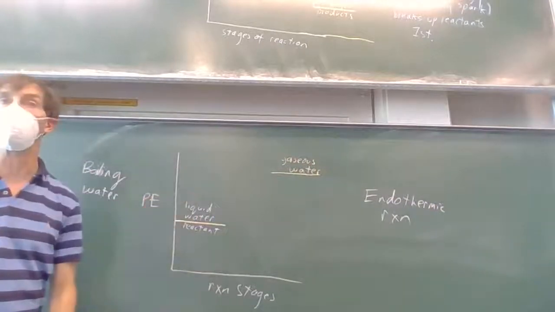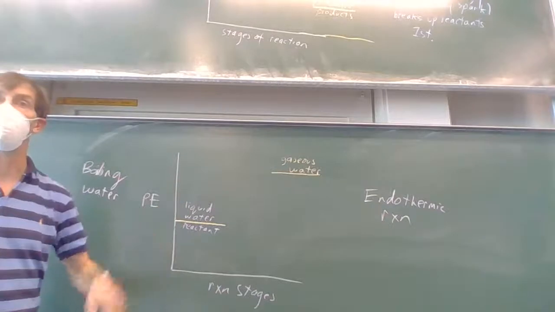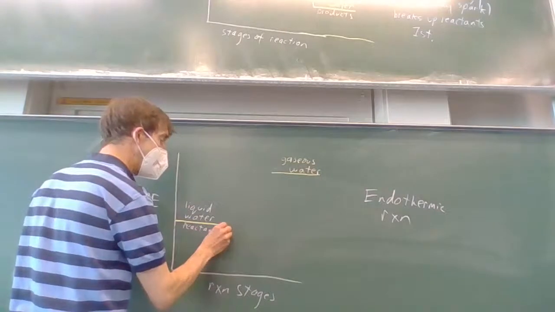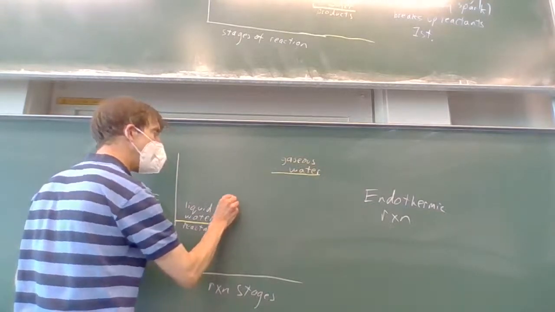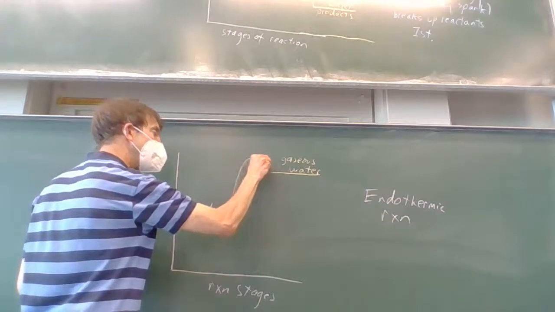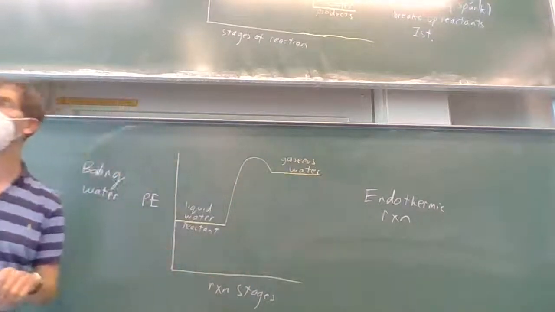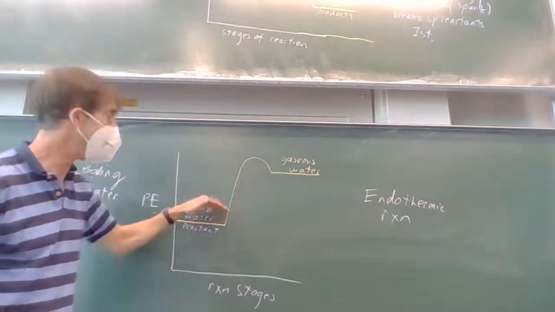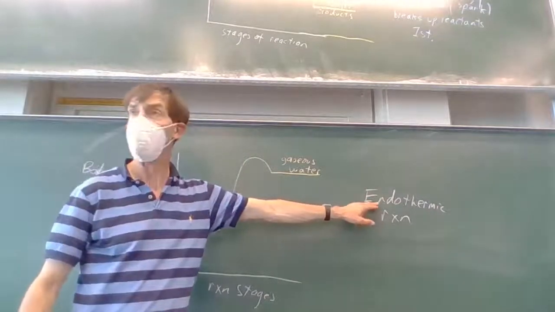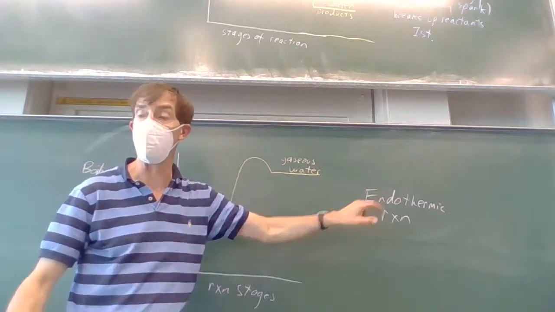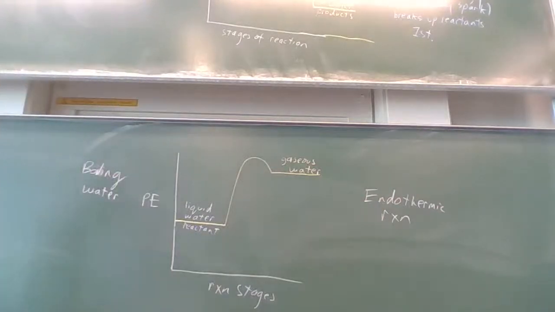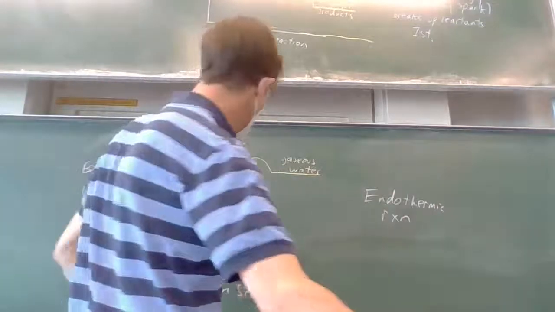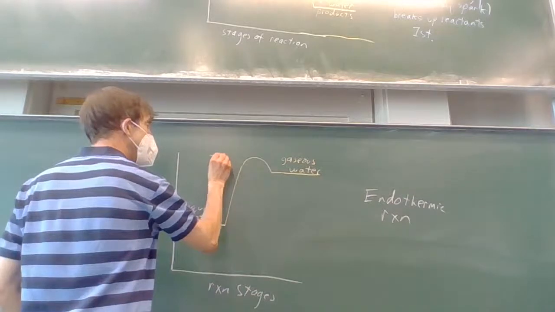Well, how can I get from here to there? What do I gotta do? You see it? Add heat. In fact, I gotta add heat until all the waters are pulled apart, and then they can form gas molecules, kind of like that. So this energy I put in, I gotta put in a lot. I've gotta have energy enter my system, right? Endothermic. I gotta put in a lot of energy because my product is much higher energy than what I started with. So that's gonna be my, from here to here,